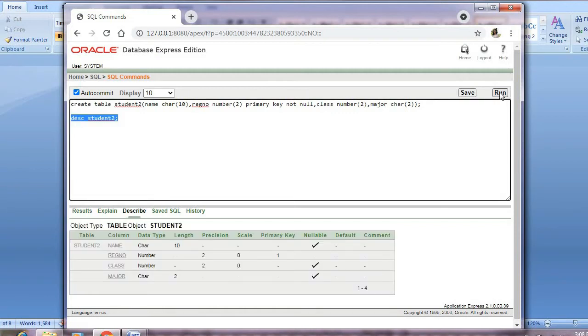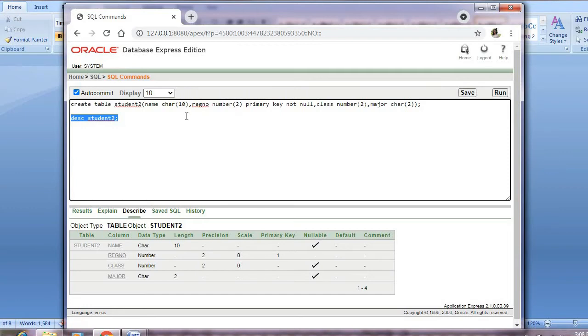Then you can see the schema of the table student 2, what attributes are there, what the data types are, and what length you have given, everything is shown. When you give describe student 2, it shows the structure or skeleton of the table you have created.